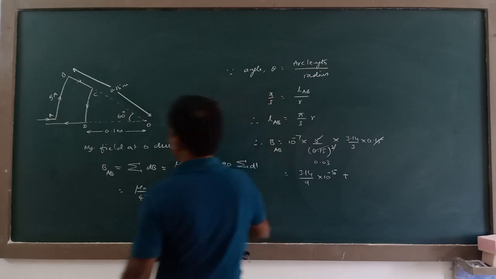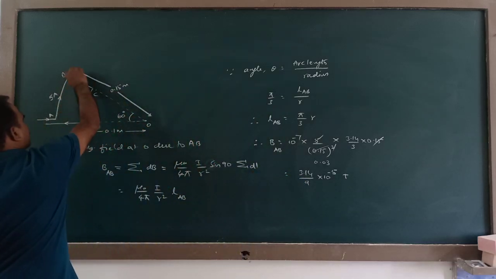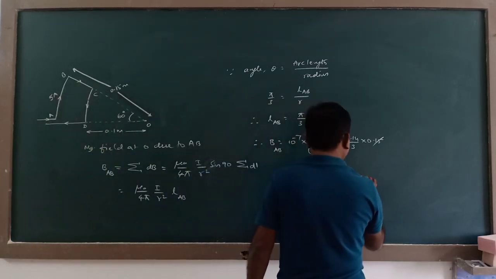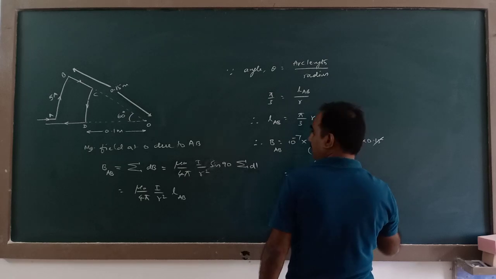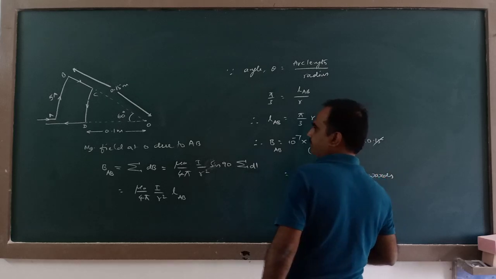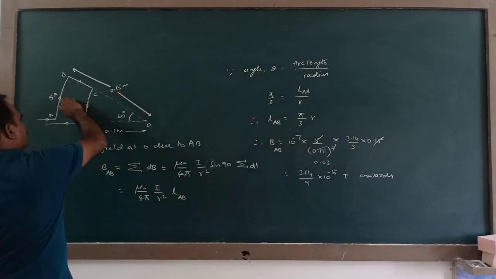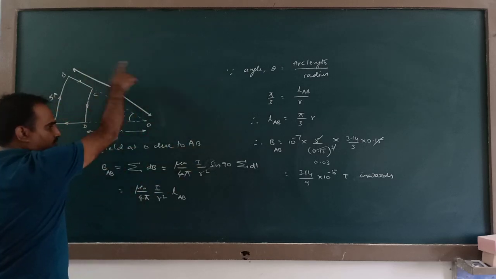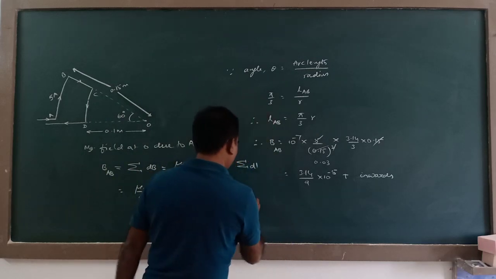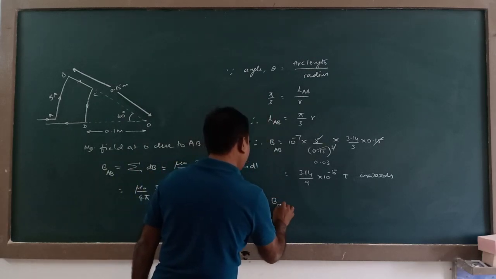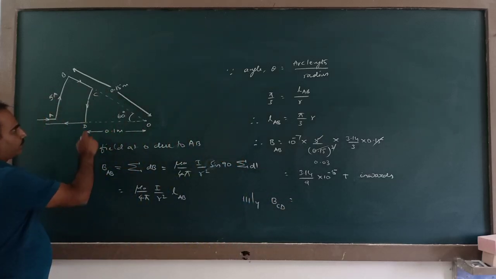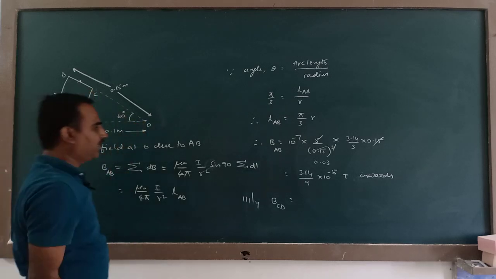In which direction? In this circular conductor, current is clockwise, so it is away from the observer, or inwards. Here you see, this is the direction of current, which is clockwise. Clockwise means the field is inwards. So this is B_AB. Similarly, this B_CD, due to this part of this conductor CD, you find the magnetic field here.